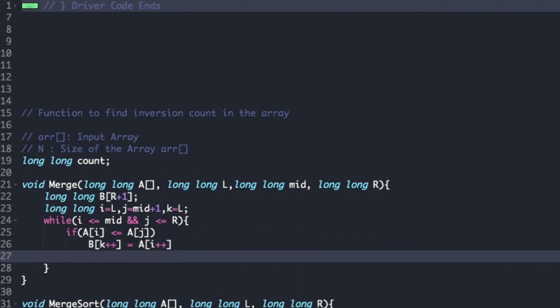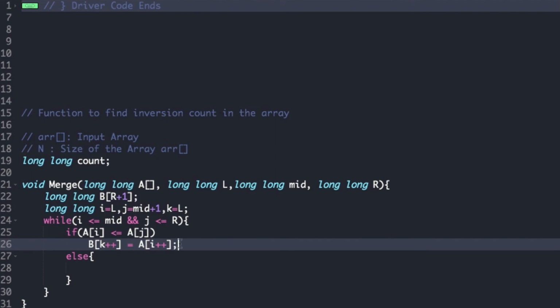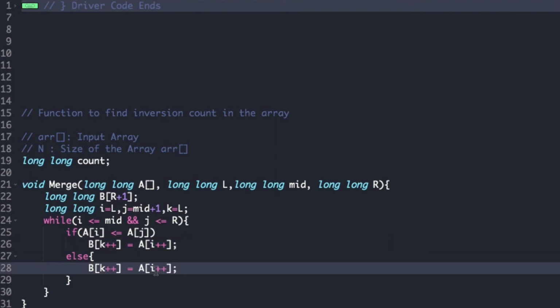And if A of I is not less than or equal to A of J, then we insert an else condition where we copy the contents of A of J into B of K, as well as increment the value of K and J, as we have done in the if part. Here instead of I it will be J.